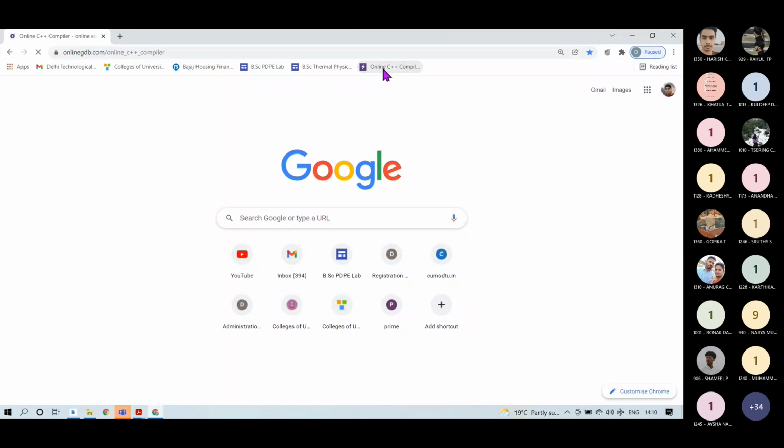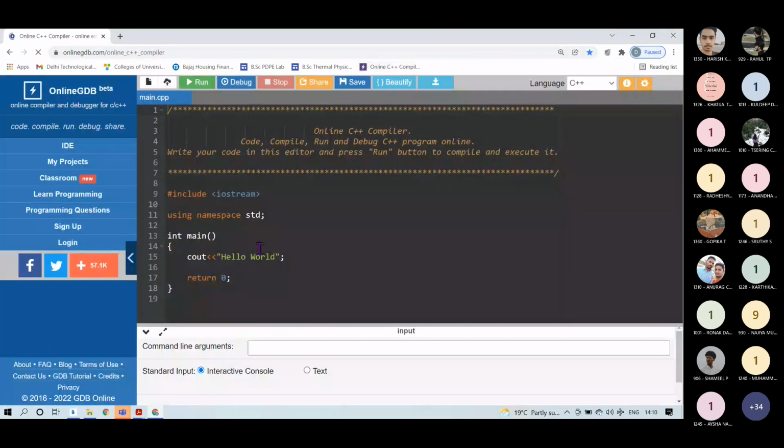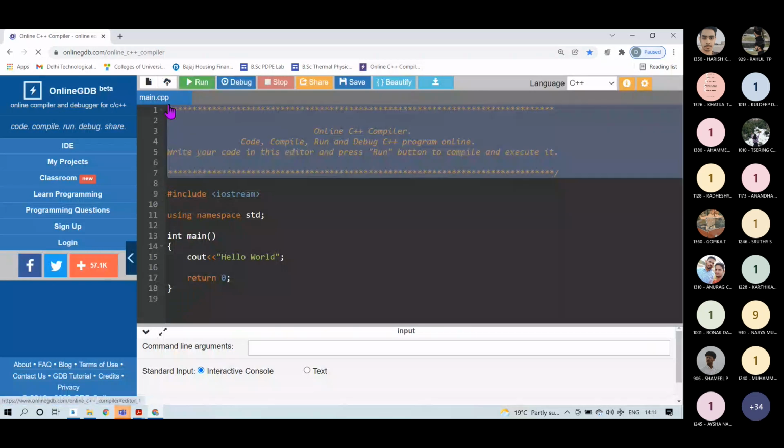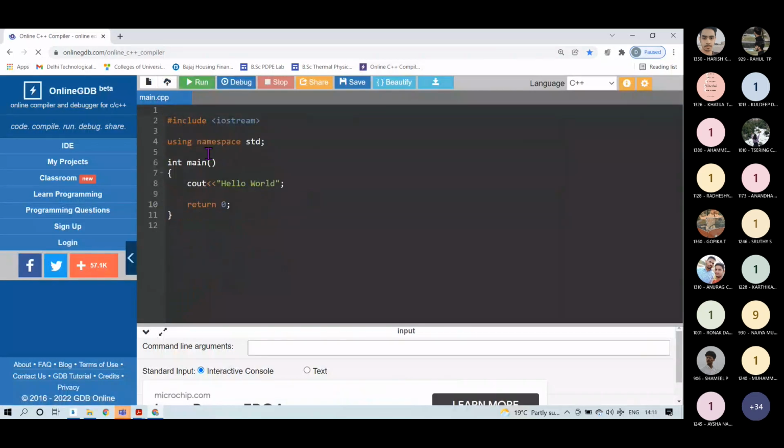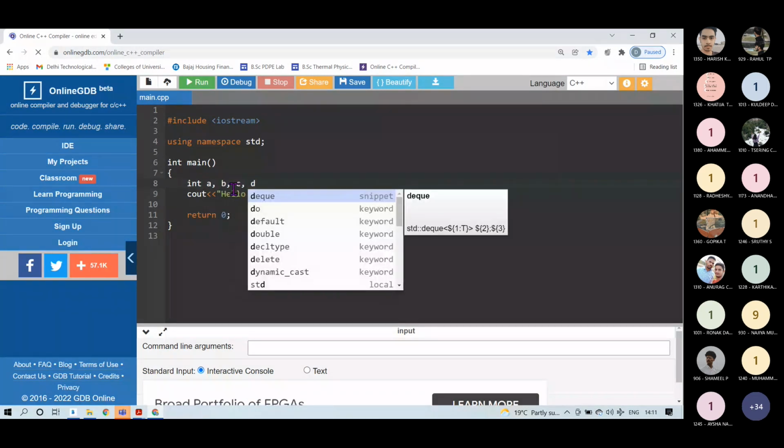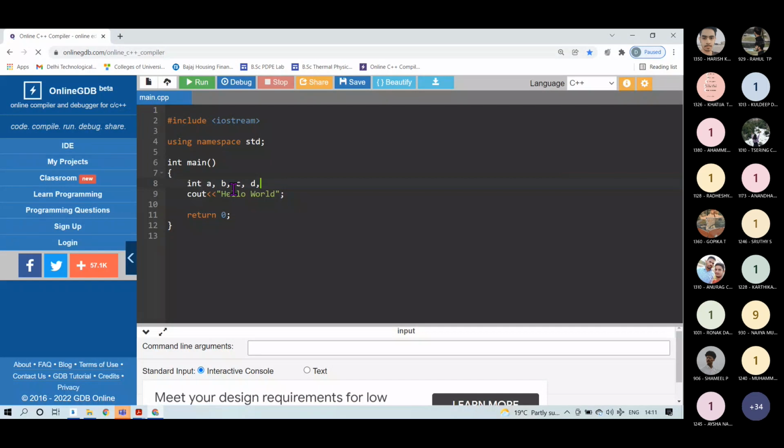Okay, so quickly tell me what all we have to do. We will take some variables, all of integer type, int a, b, c, d, right? Let's take n also.